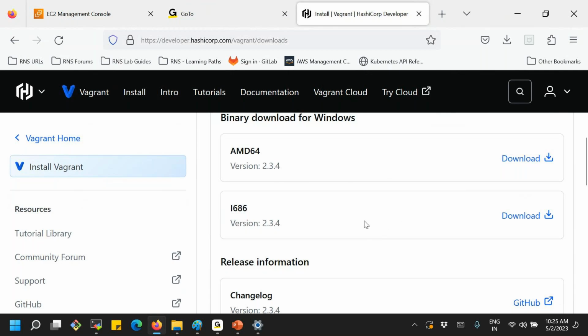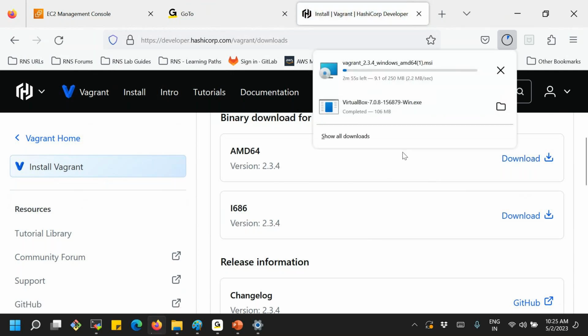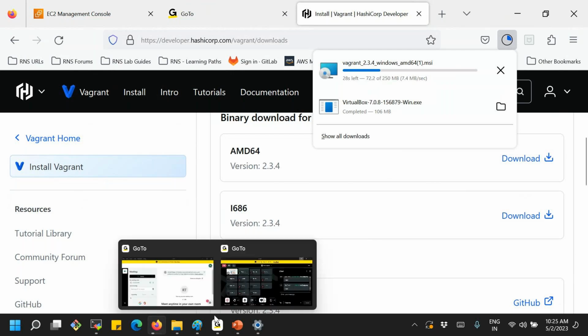If you have a 32-bit one, 686 is for 32-bit, and you can use that download file. But we are using AMD64, so you can download the AMD64 file. So the second software which I am installing is Vagrant now. Are you clear, everyone? Are you following these points online?